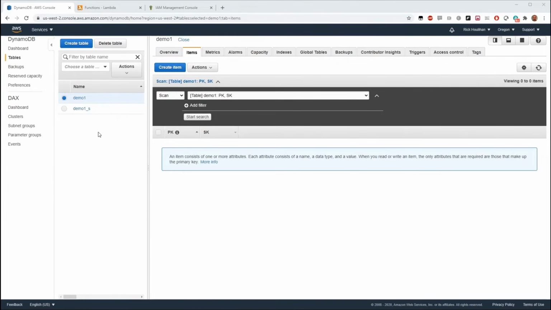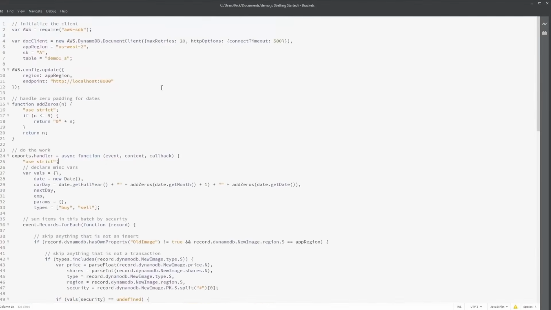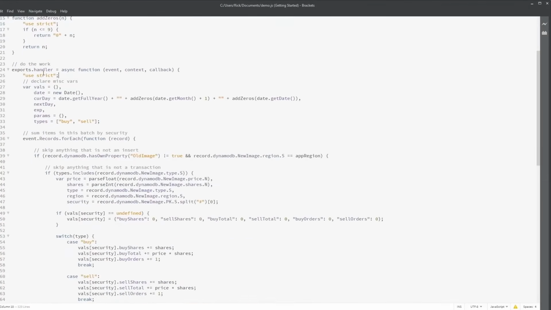So let's take a look at the Lambda script that's executing between these two tables. It's not complex code. It's fairly straightforward. This handler is where all the work happens. What happens when you invoke the Lambda function is that we're going to hand it a bunch of records, by default up to 100 records, and this is the key here in the whole, reducing the write pressure on that